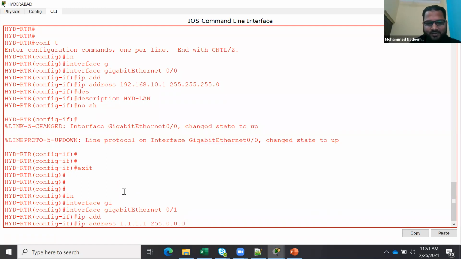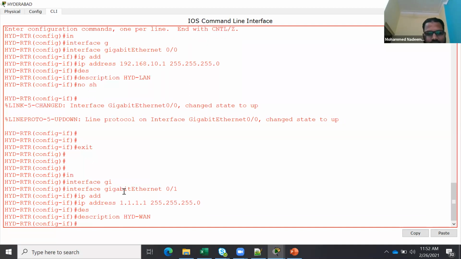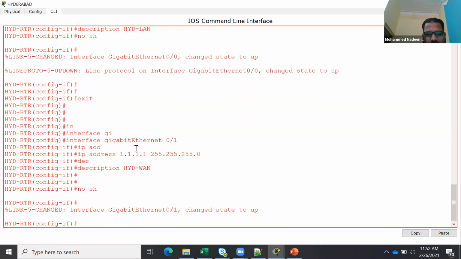People will kill me if you use that for two IP addresses, wasting lakhs of IP addresses. So let's not do that, because it's recording and people will start sending me emails. 255.255.255.0, I'm using class C here. Put the description HYD WAN. Done. No shutdown. Don't forget no shutdown.